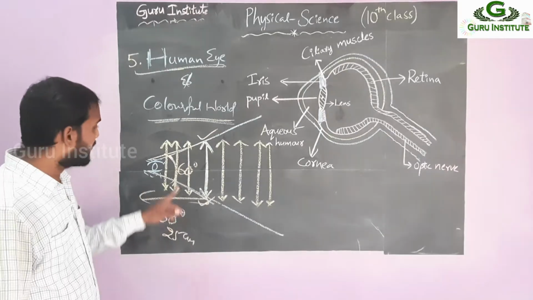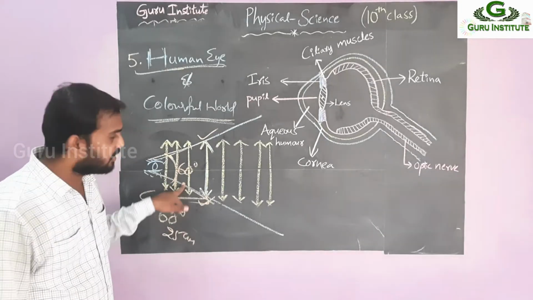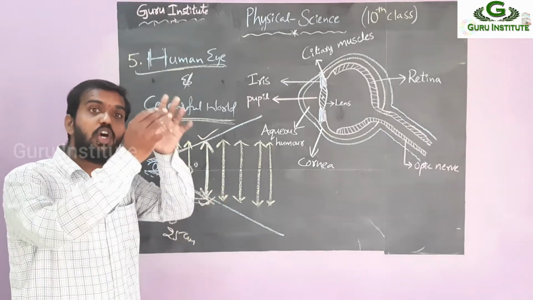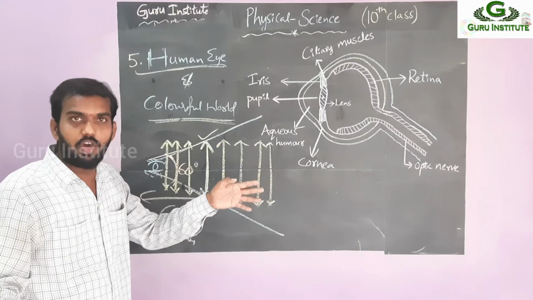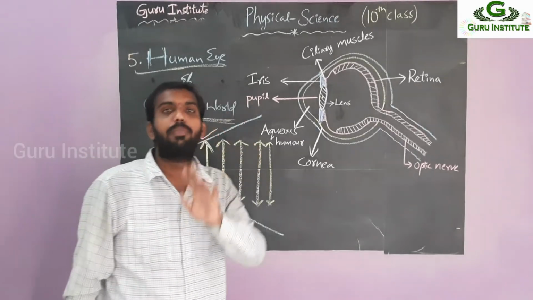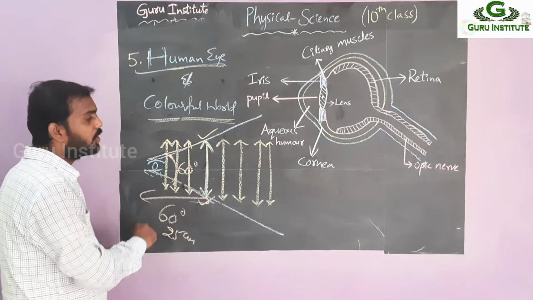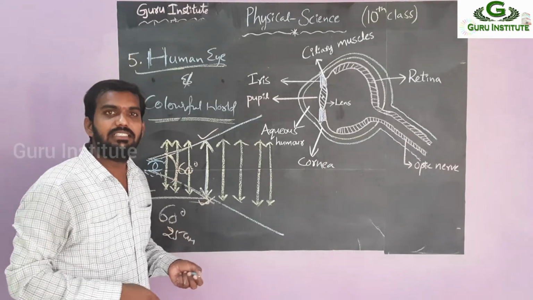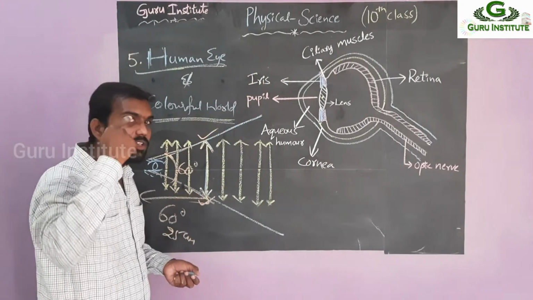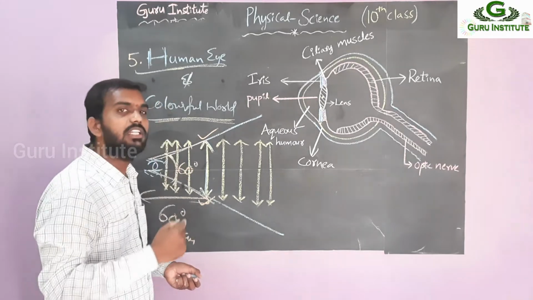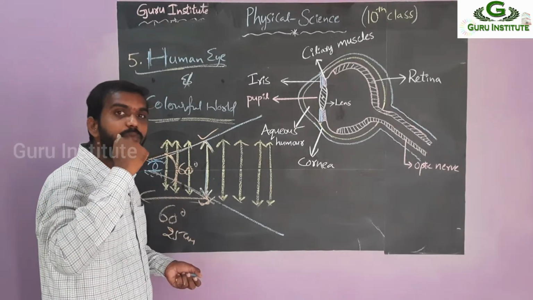If this angle is equal to 60, then you can see the clear image. If this angle is below 60, we can see the total part of the object. If this angle is above 60, we can see only some part. Simply see here, if you gradually increase the distance, then the angle decreases. If you see a larger object, the angle between your lids is decreasing. If you see a nearer object, your angle of elevation should be increasing.